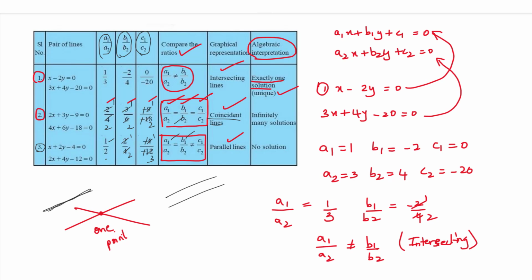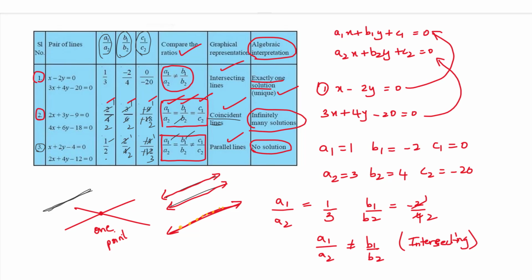Next, coincident lines. As I've just told, coincident lines means one over the other. So there are two lines which are coinciding at many points. So obviously it will have many points, point here, point here, point here, everywhere it will have many points. So we say that it has infinitely many solutions. And talking about parallel lines, do they meet at any point? No, they never meet. So we say no solution.